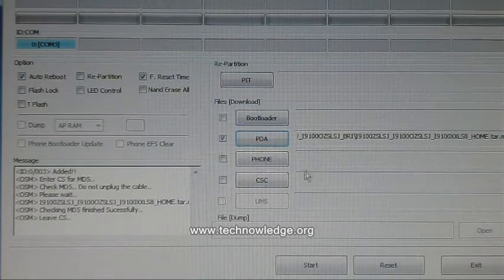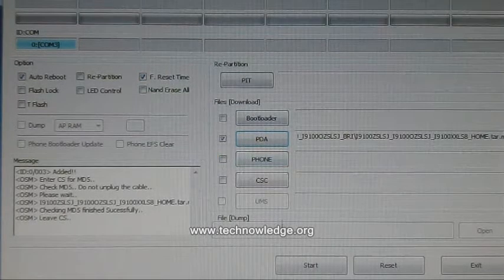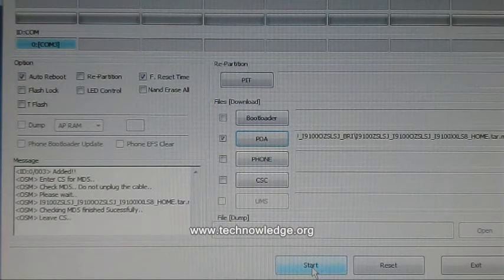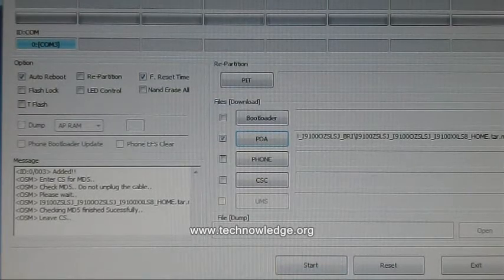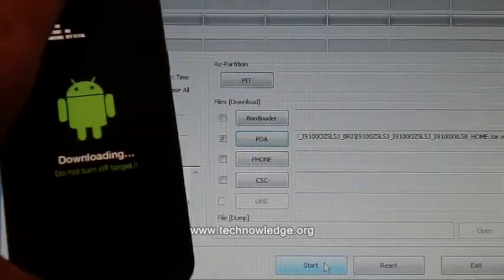In Odin, please check auto reboot and F. Reset Time. And the next step, hold thumbs, click the start button in Odin, and the installation process will start. After the installation is complete, your phone will restart, and after you see the home screen, unplug your phone from the computer. Okay, so I'm going to go ahead and click start, and just to show you the phone here,